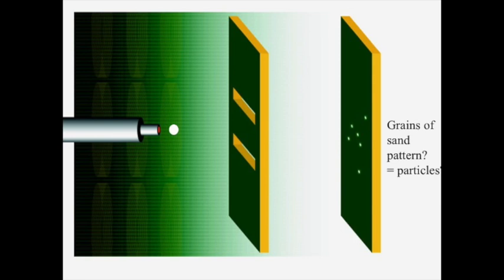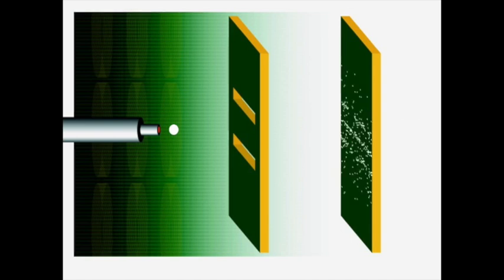And when you do, you see the electron leaving the gun, passing through one slit or another, presumably, and forming a dot on the screen. Looks like a particle. Leaves the gun as a particle, arrives on the screen as a particle. It must be a particle. But as you keep on firing the electrons through this screen, you start to build up more and more dots. And as you do so, you start to see an interference pattern.